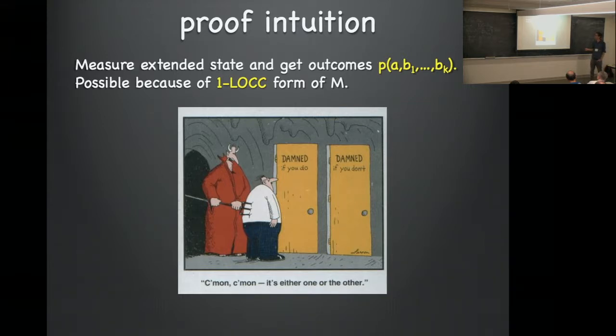And separable, remember, means it's a convex combination of product states. And so conditioning on B1 through B6, that just means there's some classical variable, which are the measurement outcomes of B1 through B6. And once I condition on that, A and B7 are left in nearly product states. That means that once I average over those measurement outcomes B1 through B6, then this is left in a separable state.